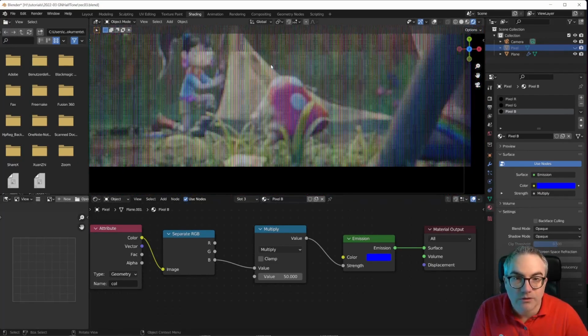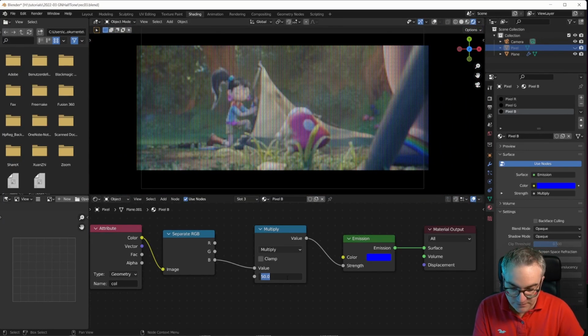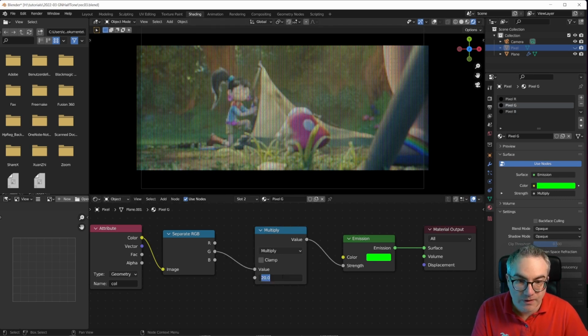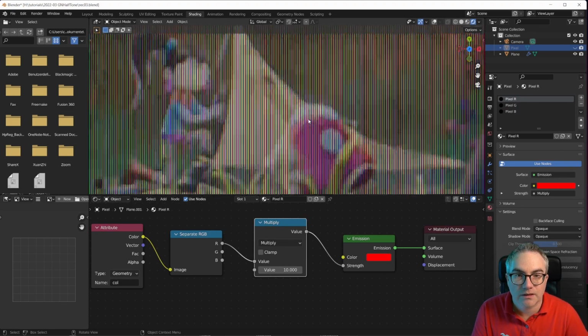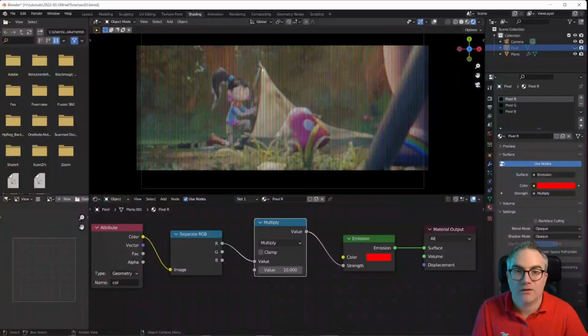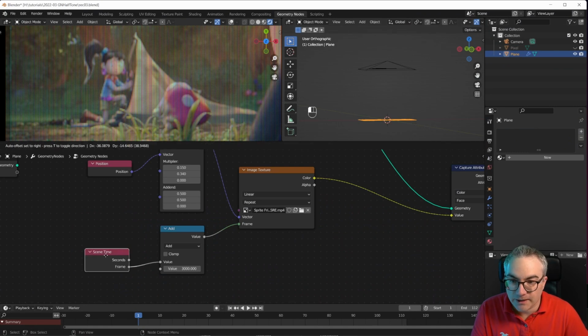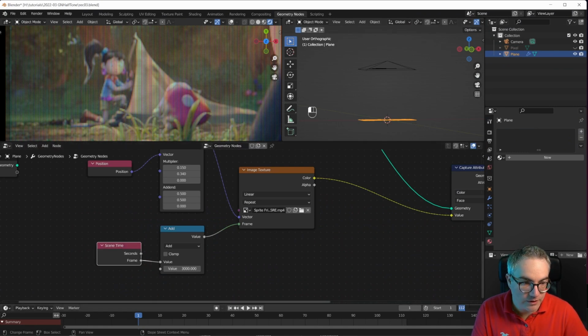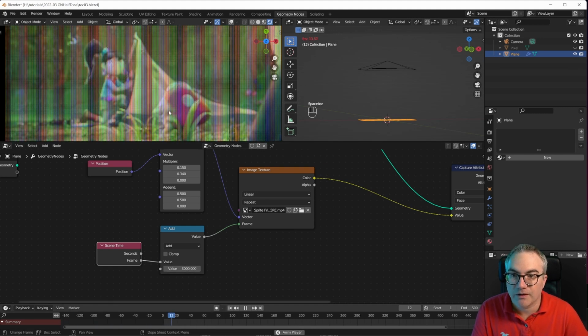Yeah, that looks pretty cool. Might be a little bit too bright. So let's do 30 on the blue and maybe 15 on the green. So that's that. Now, if I go back to geometry nodes, select this guy, I have the frame in here. So if I go 500 frames for the entire video, and if I hit play now, we get